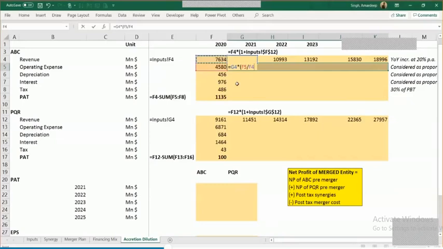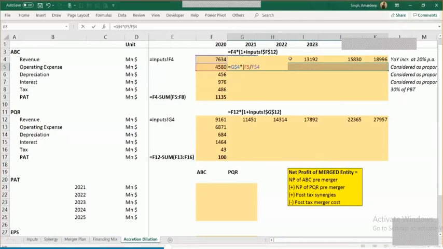So what we could have done, we could have straight away said, forget the other items. Let us straight away increase the profit after tax at 20%. I could have done that. That's the simplest thing that we could do. Or you fix the row number 4 over here so that you could copy and paste this formula down, because the revenue is there in row number 4.